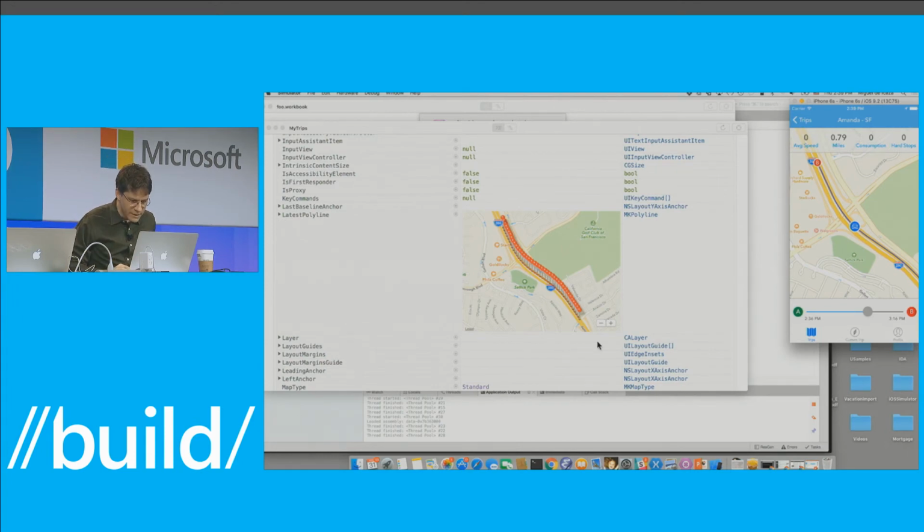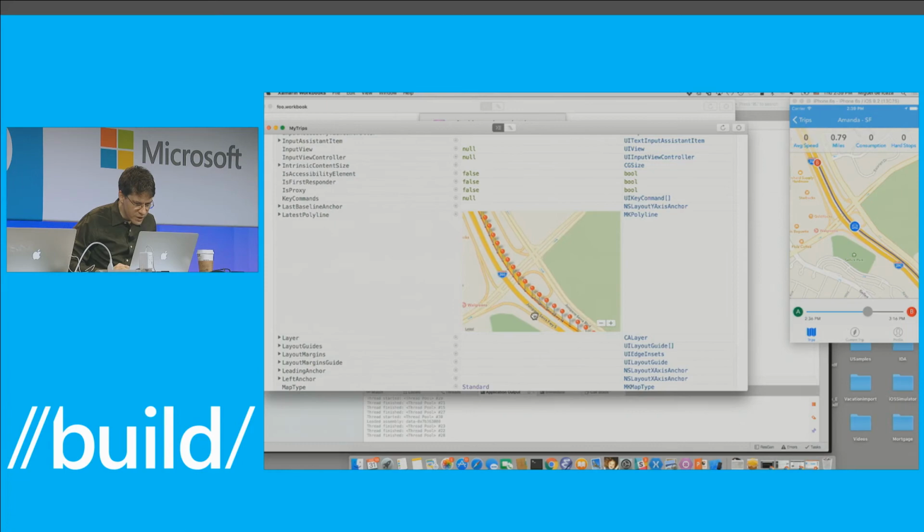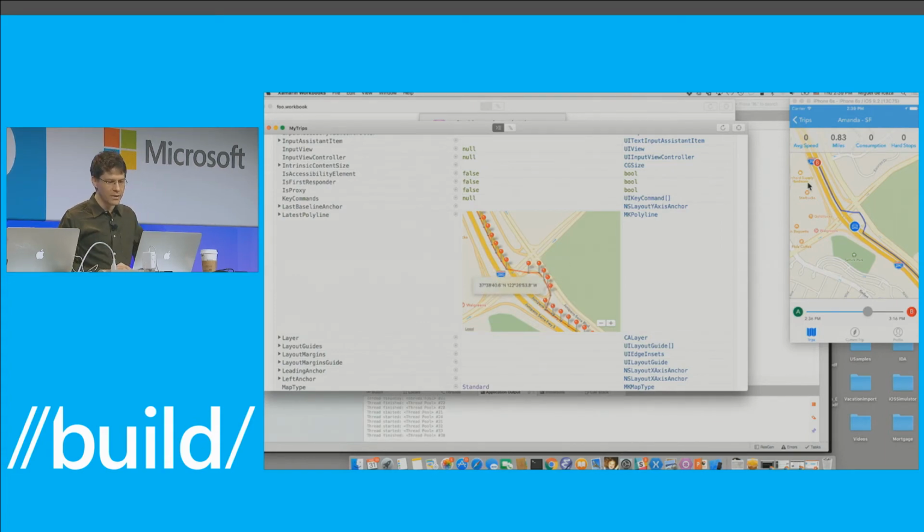And what is very nice about this, let me zoom in here, is that we're going to be cheating. We're going to take this guy, and we're going to claim that we actually went this way. I want to show you that as I'm making edits on the inspector, it's actually getting reflected on the app. Not only that, but if you look at the miles display, can you see the miles display up there? The one that says 0.83. All right, so it's updating live and recomputing the actual distance as I'm moving it on the inspector.